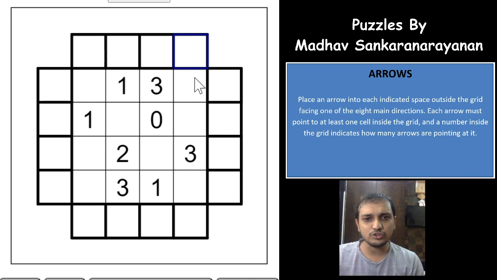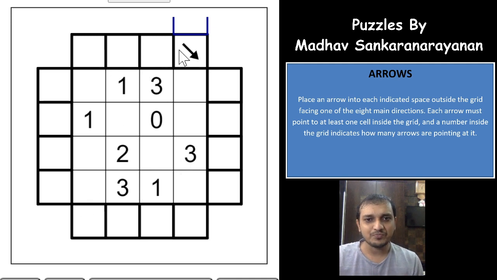Every arrow should point inside the grid and at least one cell inside the grid. So you cannot have an arrow here that is pointing towards the other arrow or other cells. You need to place arrows in such a way that they are pointed at at least one of these 16 cells. So it's a 4x4 grid, right? You have to place these arrows so that each one points to one of